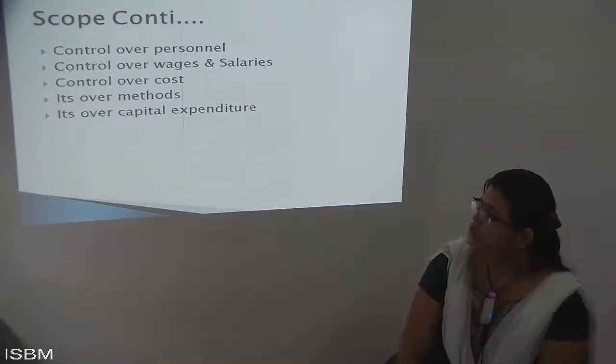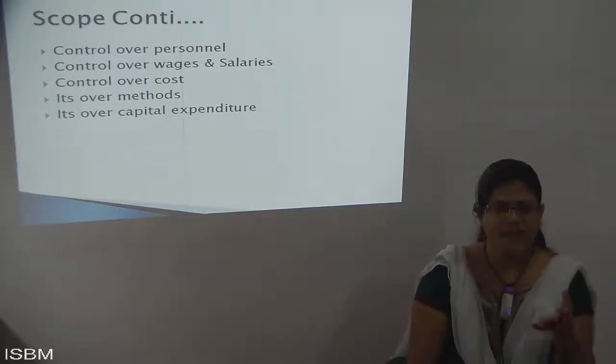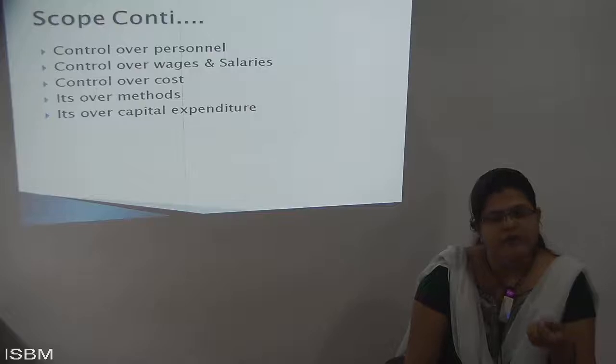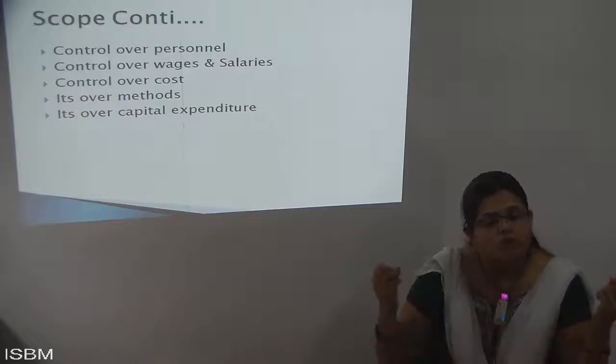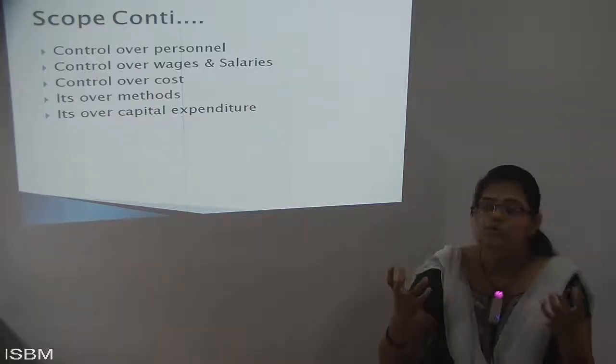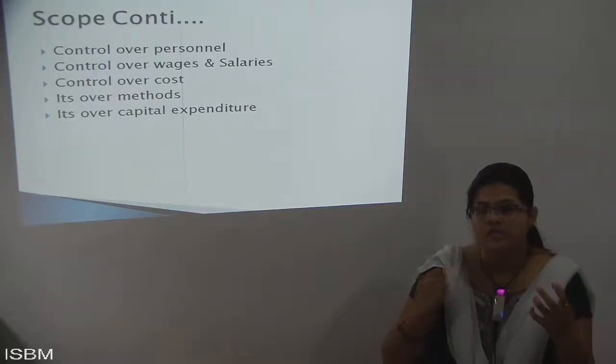Next is control over the cost. I need to think about the cost also. In my organization, we are manufacturing and bringing a certain product into the market. For that product also, I need to control the cost. The cost should not go beyond the policies and plans that we have decided. So we need to control each and every cost and each and every product. If my product and my cost are in the right way, then ultimately I can control everything properly.